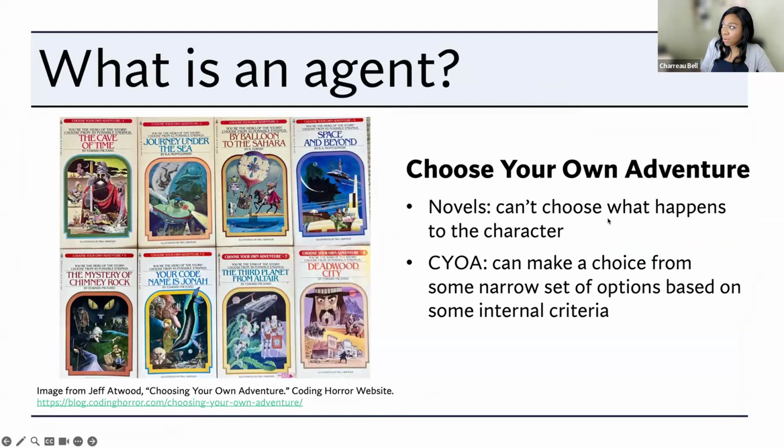So the first thing we might want to think about is what is an agent? This is the root word of agentic, right? And in the spirit of multi-agent systems and how we design them, I would love to ask our audience here, particularly if there are people with backgrounds in psychology or sociology or philosophy, can you talk about what it means for something to have agency or be its own agent? I'll give you a second so you can type that in the chat or just unmute yourself and comment.